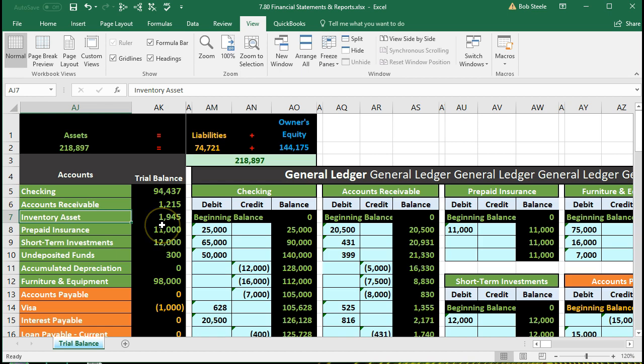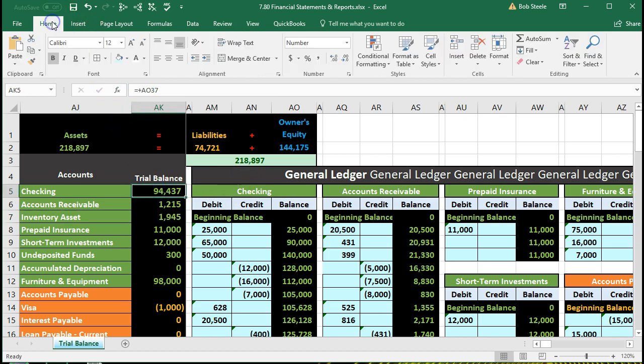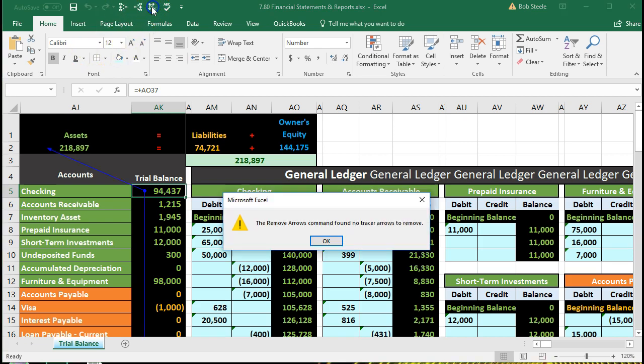So remember, up till this point, we've recorded everything to the general ledger. We've recorded journal entries to the general ledger. The general ledger was then used to create this trial balance automatically. We won't go through the process of redoing that. But if we were to go through the process, note that all these amounts are just being drawn from, I'm going to undo that,